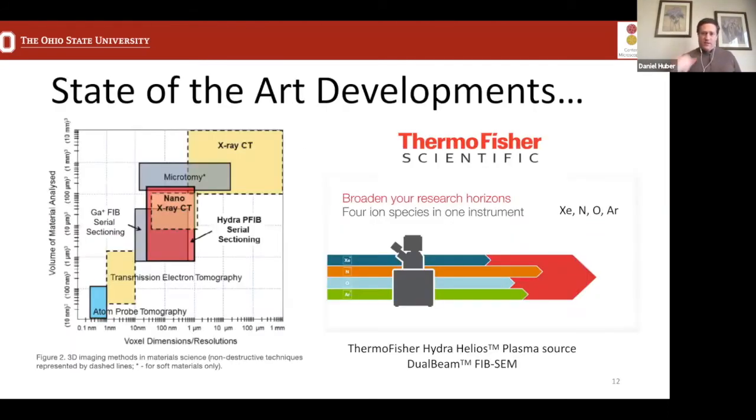and one of the latest developments is now Thermo Fisher is producing a system that's got a xenon, neon, oxygen, and argon species. And it's actually switchable. So you can start the machine up running in xenon, and you can switch to the other ion sources for milling. That has the benefit that there's slightly different contrast mechanisms and sputter yields and stuff that can be exploited by changing your ion species in certain